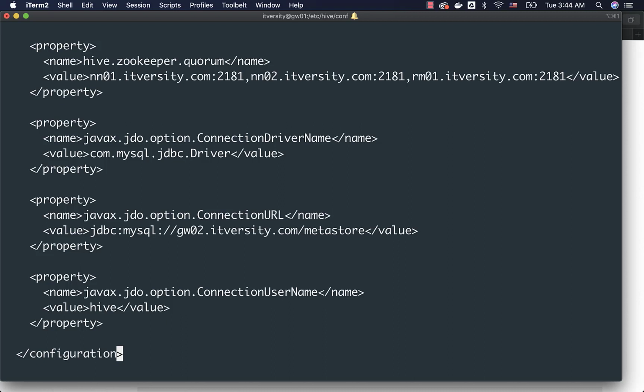The password will not be made available as part of the hive-site.xml. It will be hidden somewhere. So this is how you can review the properties related to the metastore so that you get an idea.